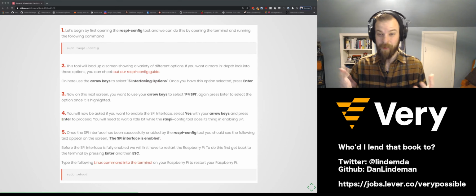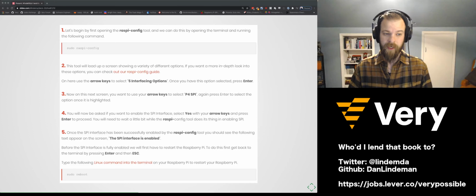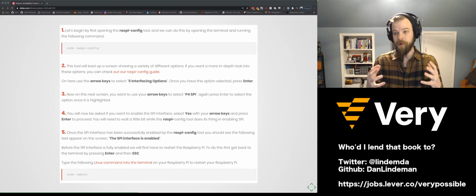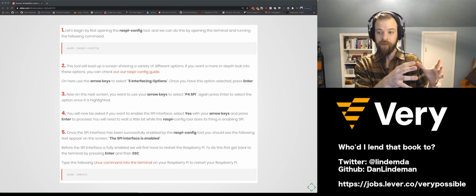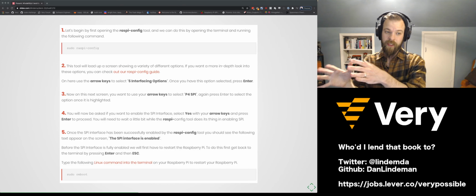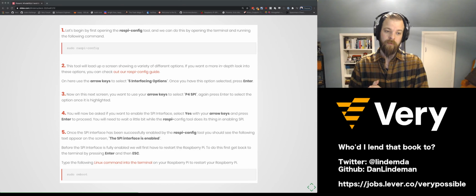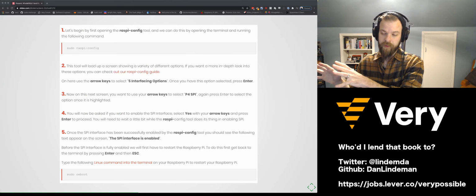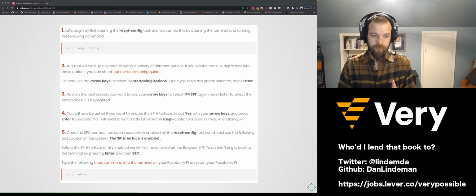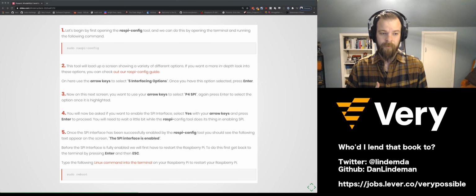This is not my favorite part of the talk, by the way. I think this is just an important difference that came up when developing something with Python and Raspbian versus something like Elixir and Nerves. In Nerves, all those low-level interfaces are already enabled for you, so you don't really have to manually do this.